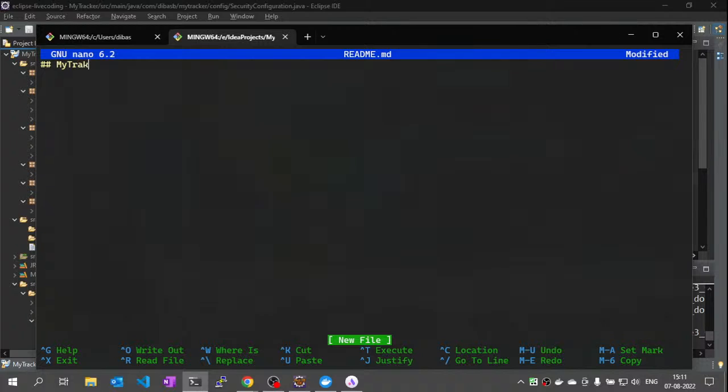My tracker application. Let's start the tracker app. This is a Spring Boot tracker application,